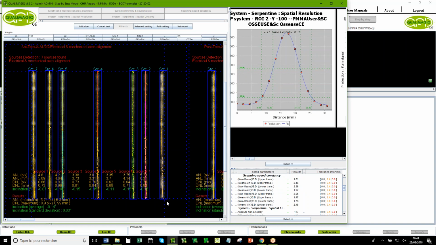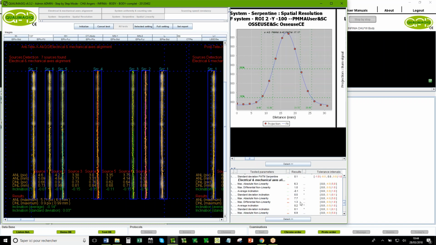So here, again, it's a line source, 3-line source, excuse me, not a serpentine, but they move the couch, and they want to be sure that during the movement, you respect the geometry of the line, to be sure that the mechanical axis and the electrical axis, electrical is software axis, respects the geometry.